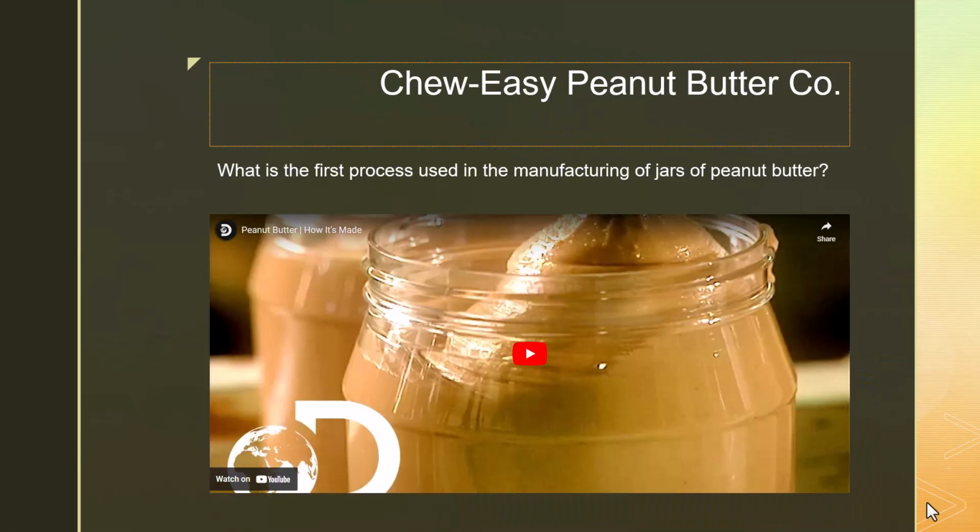So for this example that I'm going to have in this lecture, we're going to be the Chew Easy Peanut Butter Company. We're going to make jars of peanut butter. Chew Easy is going to use a two-step process in doing so. They're going to first prepare the peanuts to be made into jars of peanut butter, and then they're going to jar and fill peanut butter jars in the end. It probably wouldn't be two phases of production in real practice for making peanut butter. Maybe it's like a 4 or 5 step